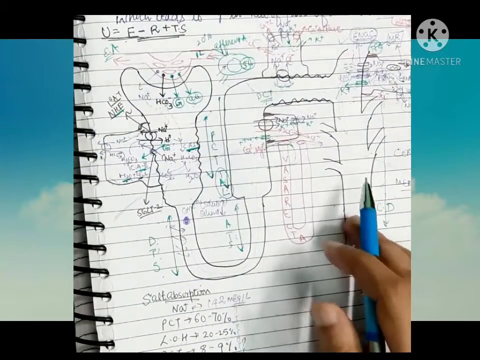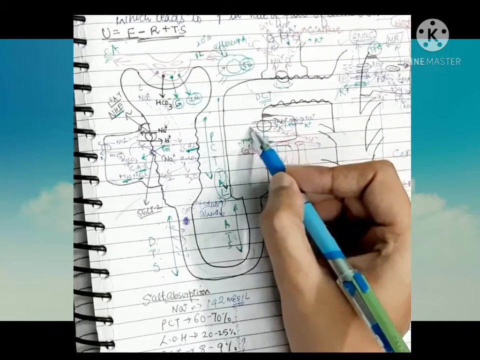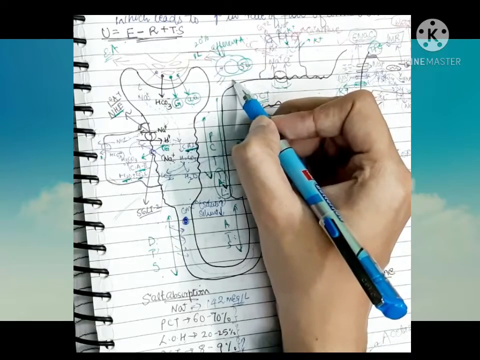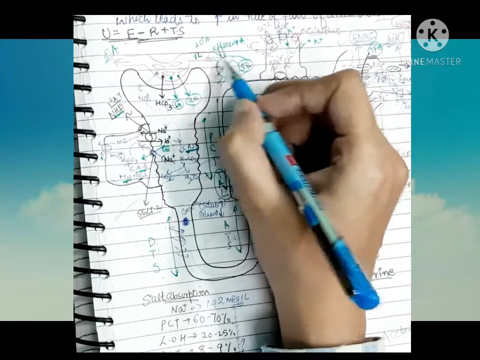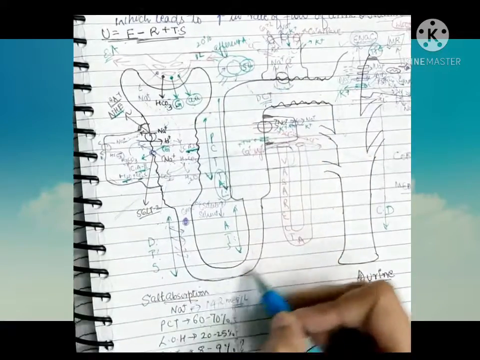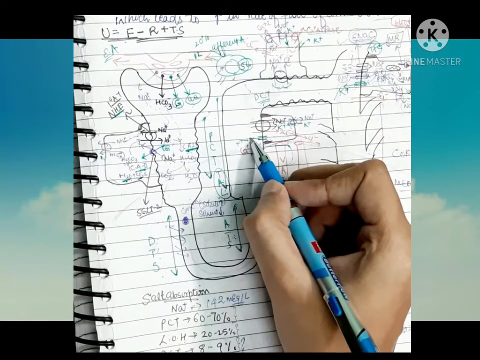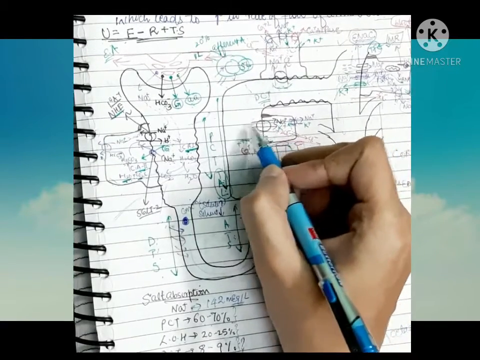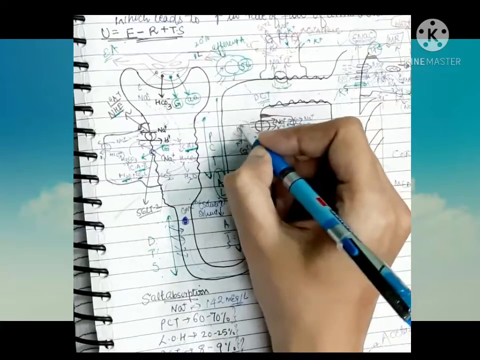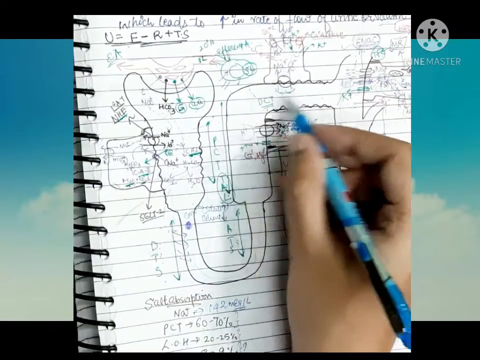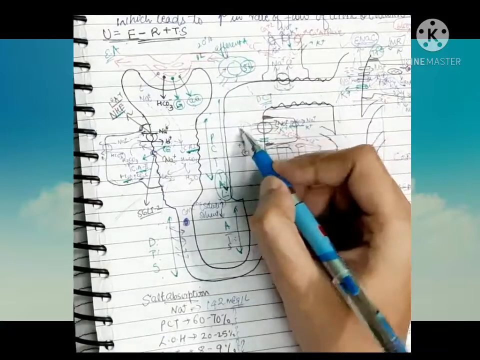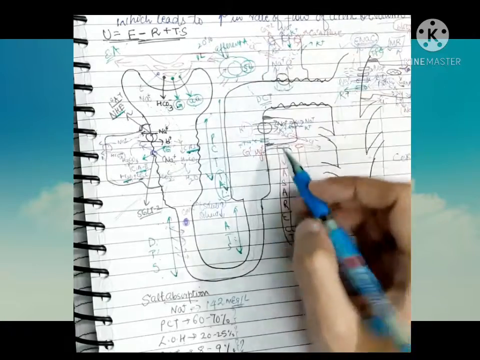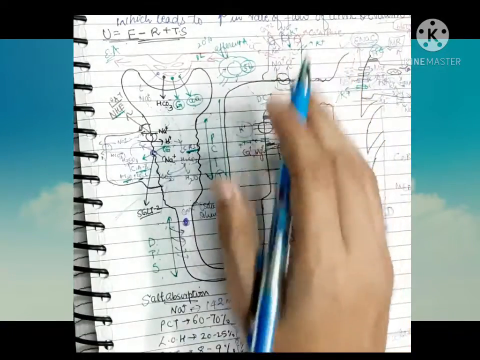Let us suppose this is a diuretic, a sodium potassium 2 chloride inhibitor. I have injected it, or taken the drug orally. Then it will move toward the general circulation, will be filtered, and will move all the way and inhibit the sodium potassium 2 chloride transporter. Then sodium potassium 2 chloride will not be absorbed and will come here. Let us suppose potassium will come here. Then potassium will be excreted into the urine, so there will be loss of potassium in the urine. Then in the blood there will be hypokalemia.